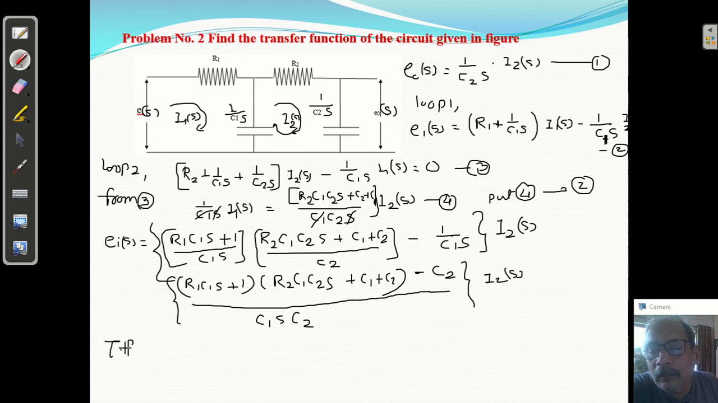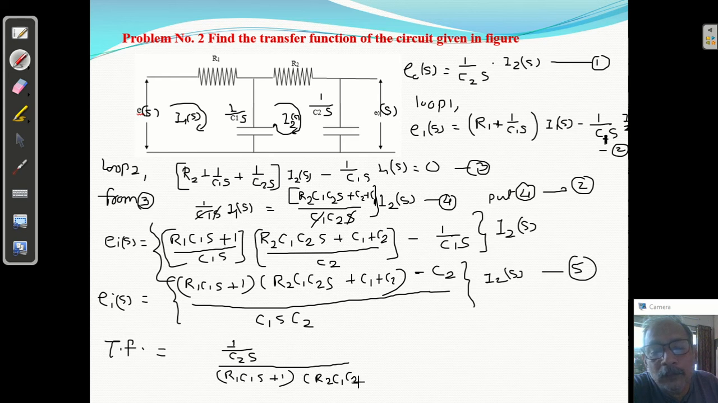Transfer function is what? Transfer function is V out, this is E out, E in of S. E out means this upon this, so I2 will be cancelled. Equation number say 5. So 1 upon 5, that is E out upon E1. I2 in from 1 and 2, I2 will be cancelled, so you will get 1 upon C2S upon this, क्या है? R1 C1S plus 1